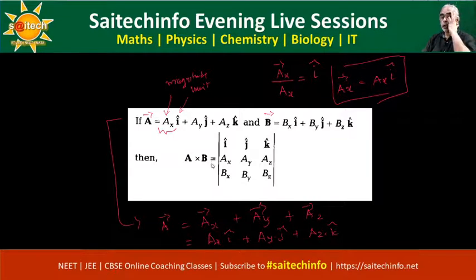Now the cross product of vector A and vector B can be easily interpreted in terms of a determinant. In the first row, the unit vectors i, j, k can be written, and then Ax, Ay, Az, Bx, By, Bz. Based on that, we can find the solution of the product of the two vectors, that is A vector cross B vector. So what do you call this one? This is the cross product. So this is the vector product of two vectors. Do you understand this? Right.